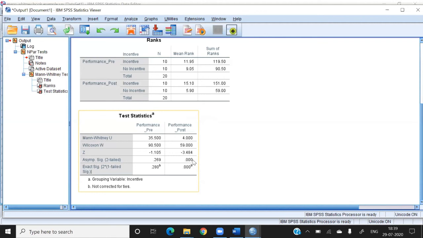Because I have to check which performance is better, you can see the sum of the rank. In case of incentive, the mean rank is high. In case of no incentive, the mean rank is low. So the higher the rank, the higher the performance. The average performance of the incentive group is better than the no incentive group. In this way, we can analyze the Mann-Whitney test.